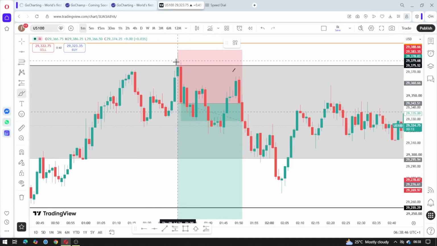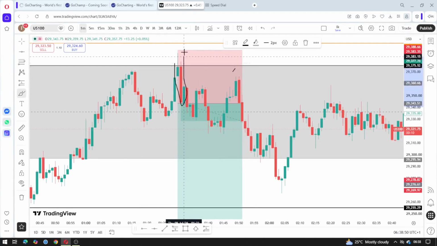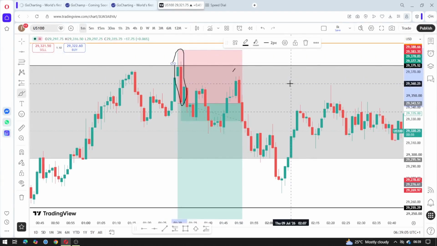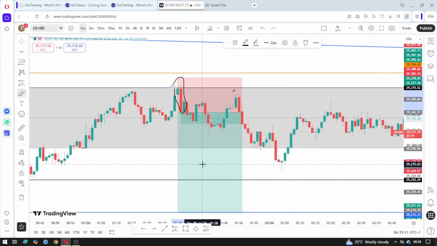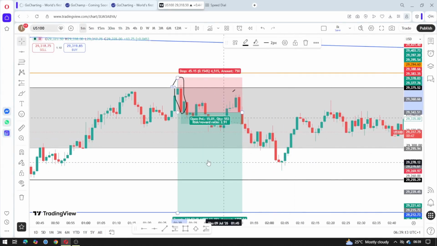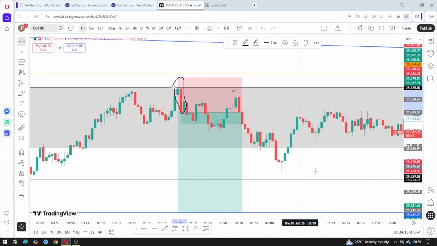This is a huge bearish engulfing candlestick pattern. That is a bearish reversal pattern that shows the market wants to go bearish, all right? And note that this trade was taken even though the SL is very huge. But when you look at the TP, the TP for this trade is over